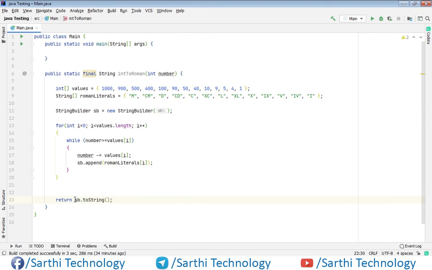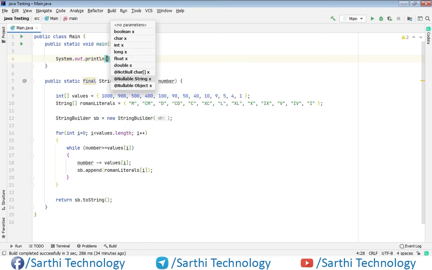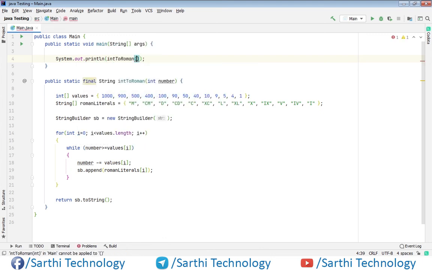Okay, now let's check whether this code is working or not. Here we will put any number. For example, first let's enter 3 and run.